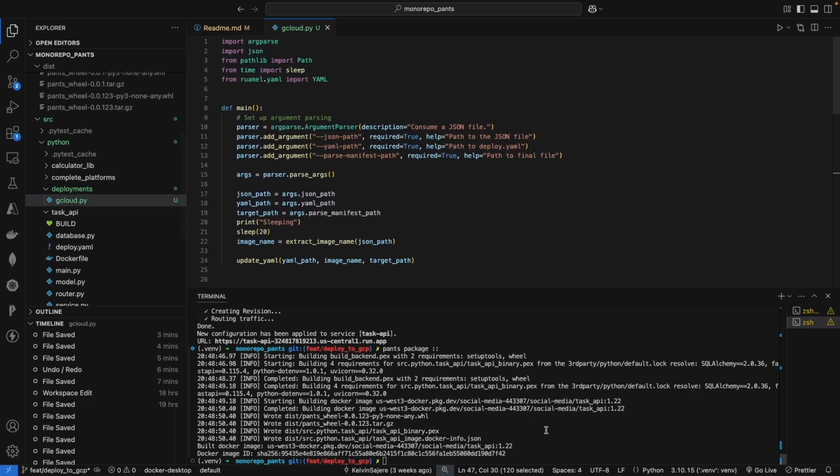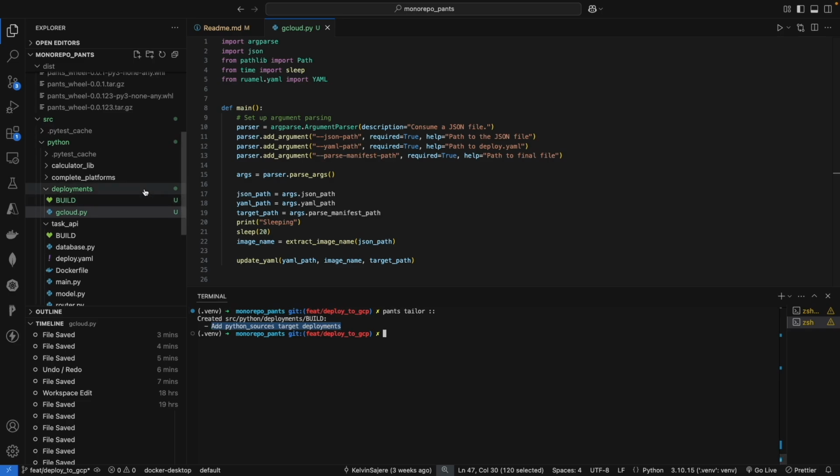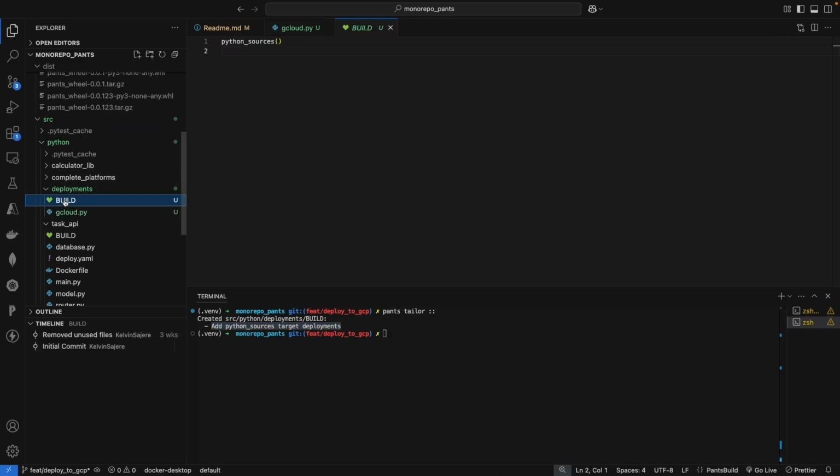So now that I have this, I can clear my terminal. I need to let Pants know that there's a new file that I just created. So I can do Pants tailor, and then it knows that I just created a new file. It's able to say, okay, well, you just created a new file, and it creates a build for that file. So I'll give this some more information. I'll say the source, because this is just a single file. This deployment is just a single file, so instead of sources, I'll just use Python source, much easier. Then I'll say the source is my gcloud.py,